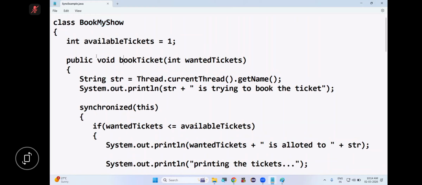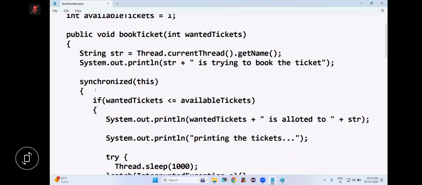I'm creating a class, say BookMyShow. Inside this class, what is this? An instance variable, available tickets. How many? One. And this is one instance method. This is called a data member. This is a member method. The member method uses the data member. So book ticket, and it has one parameter, wanted tickets. And this is the member method which uses the data member. Is this clear? Answer me. Okay. Now I will explain this code later, but before that,